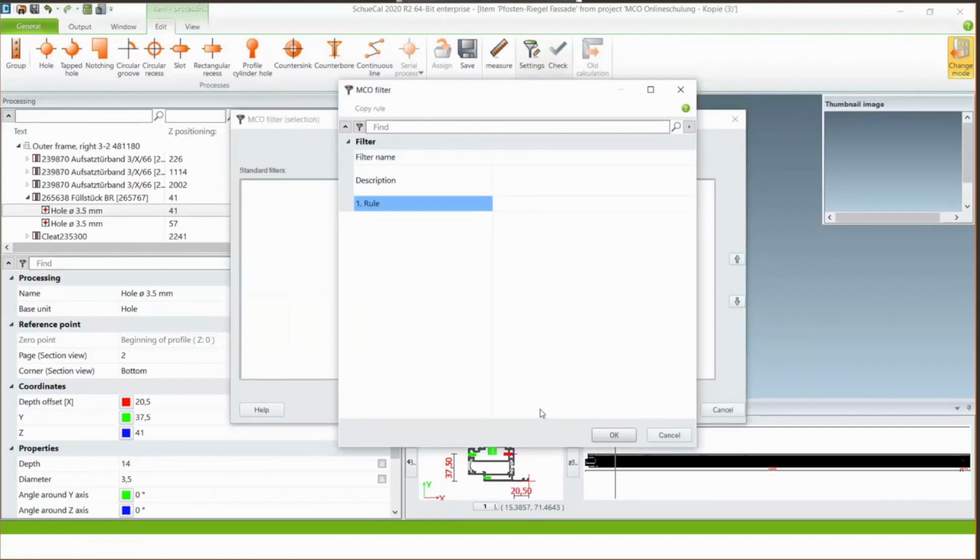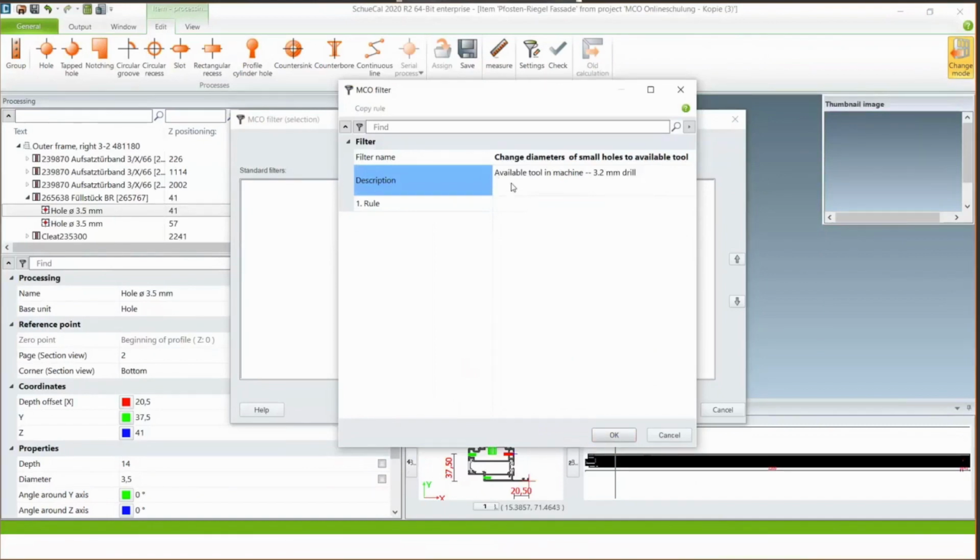At the filter name and the description, it's always very important that you and your colleagues know what's behind the filter. So my name of the filter will be Change Diameters to Small Holes to Available Tool. And in my description, I will type in what is my available tool in the machine. So at mine, it's a 3.2 millimeters drill. With this information, everybody knows what's behind the filter, so that we want to change the smaller holes to a diameter of 3.2. And that is very important.